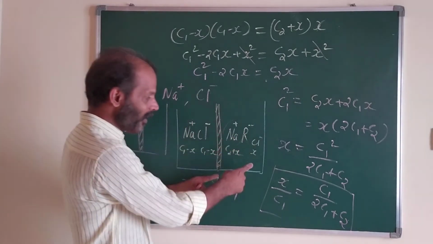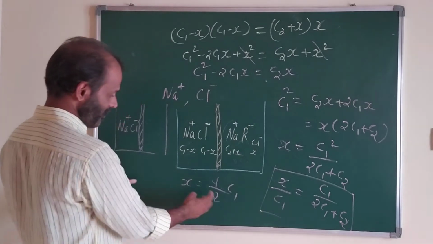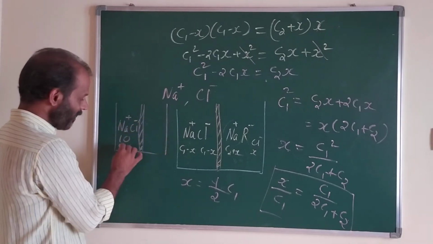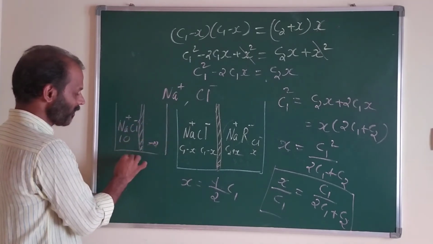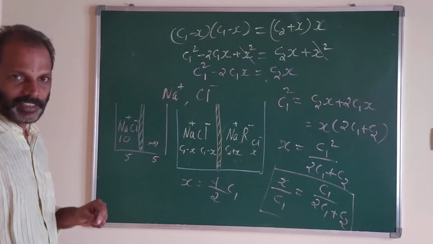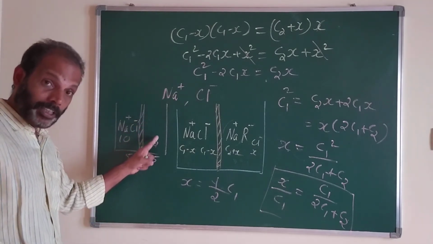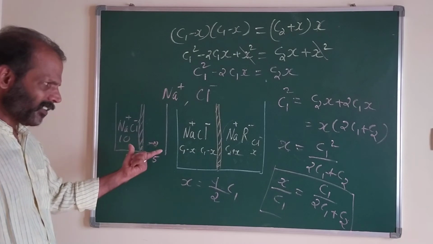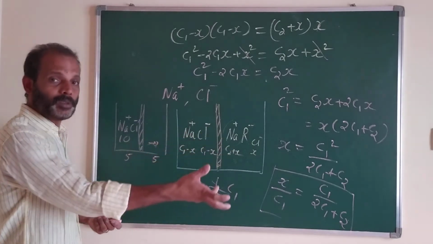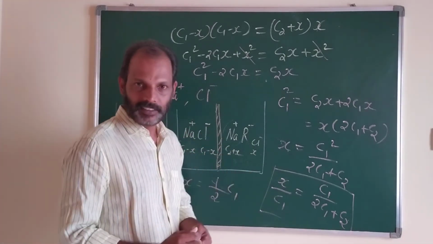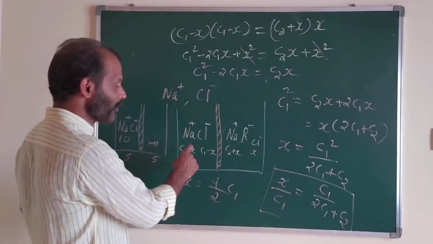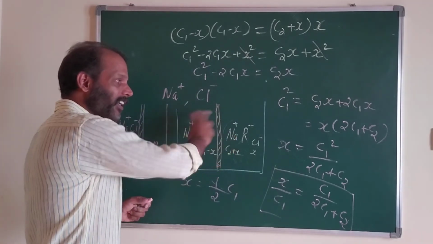Right? It is equal only if there are no particles. Half of the particles will move. Suppose it contains 10 molecules. If there are no particles, then 5 will move to here. Then at equilibrium, this chamber contains 5 and this chamber contains 5 NaCl. Right? If and only if there is no particle. But we have already taken the particles, so the number of ions migrated won't be equal to half. So this equation is not right. That means there is an unequal distribution of ions between two chambers.